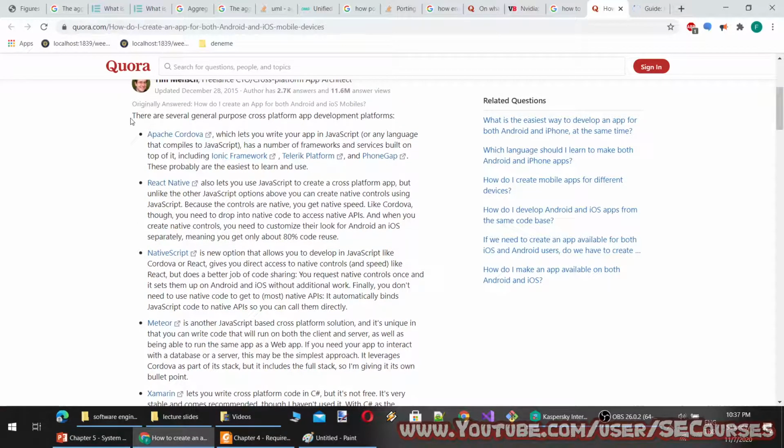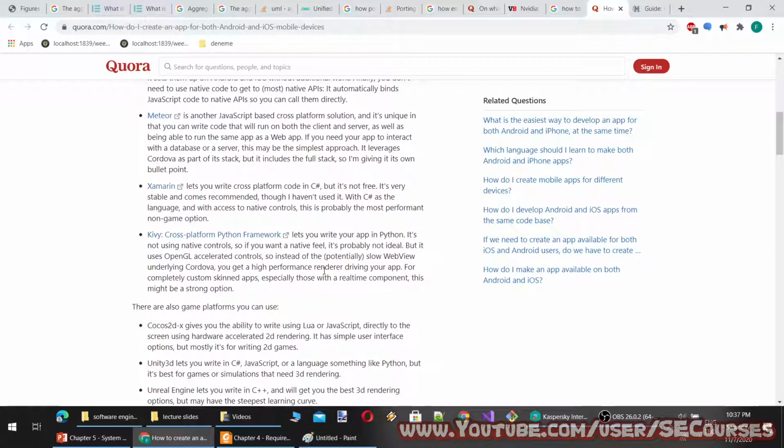Okay, you see there are several general purpose cross-platform app development platforms. Probably they are using this or